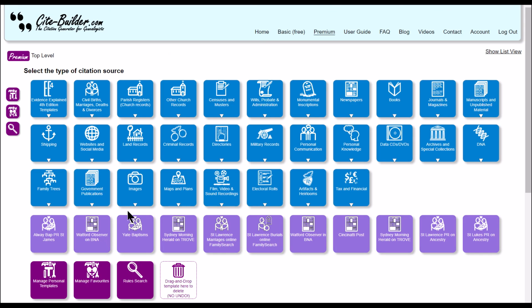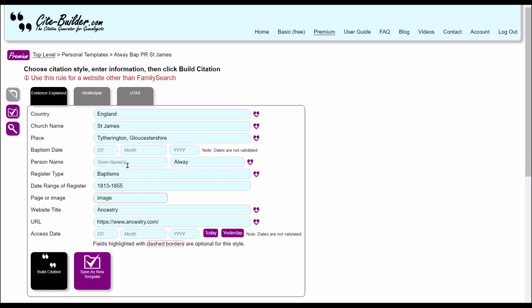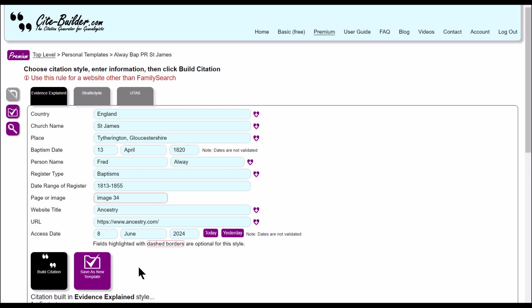Go back to top level, grab the template again, and I can go down through and start putting in all the rest of the siblings very, very easily. I'm just making it up now as I go along. Image 34, date, let's say today again. So as you can see,